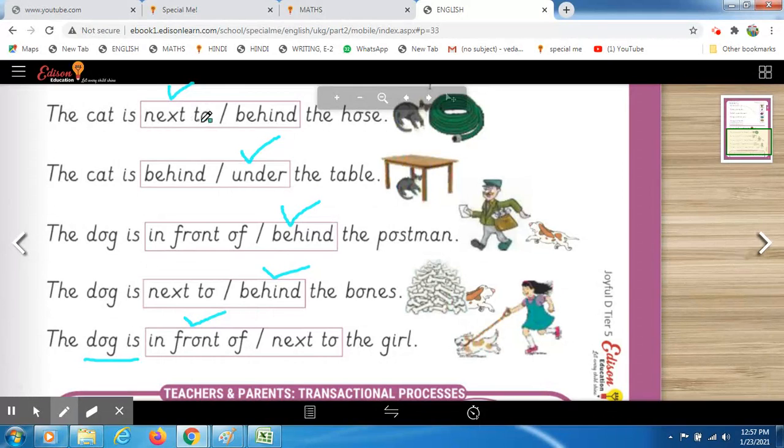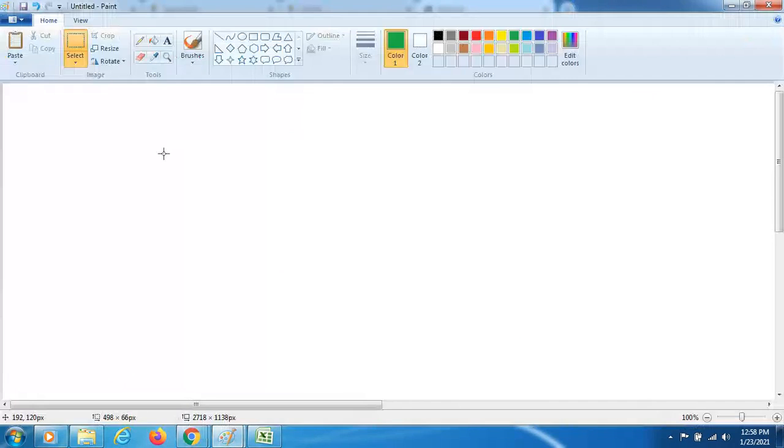You just have to do it. Then okay, I'm giving you some time, then we will come to your next subject. Okay students, let's come to your next subject, which is creative. So this is your blank sheet. You just have to bring out a blank sheet with pencil and